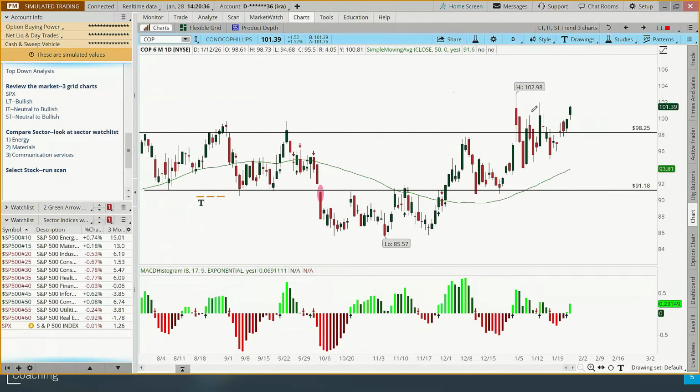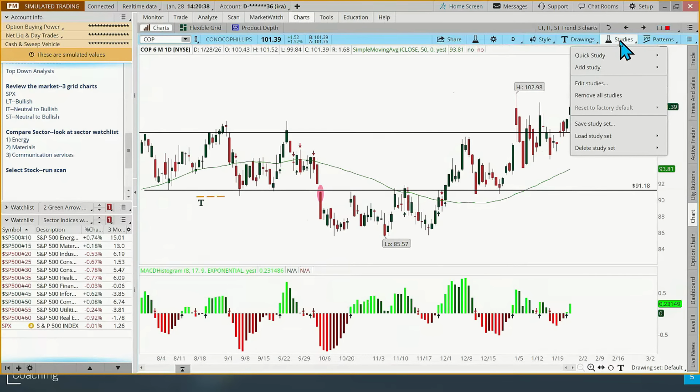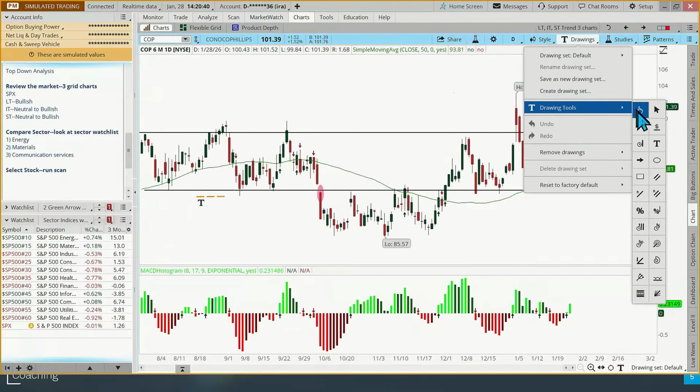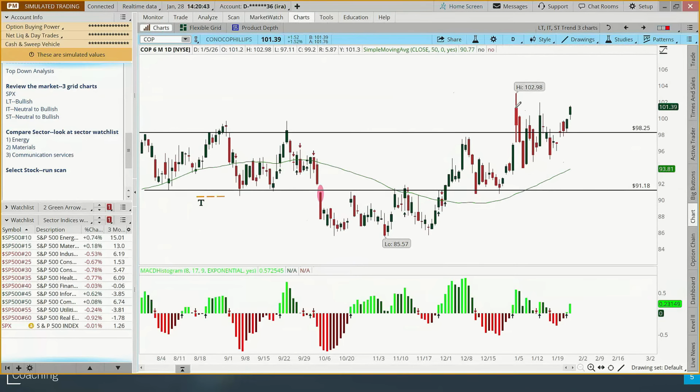Some people, a little technical analysis here, some people would say, well, I'm going to draw some resistance lines. You know, some people look at these closes and say, well, we had a little bit of a triangle pattern. Do you guys see that? They call that a symmetrical triangle, and it's usually a bullish continuation pattern. And so when it breaks out of that, that would be a technical breakout buy signal. But in this case, we have a green arrow on the moving average and on the MACD. So it's still a valid buy signal based on our rules.